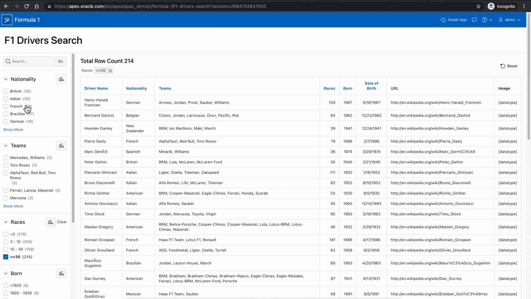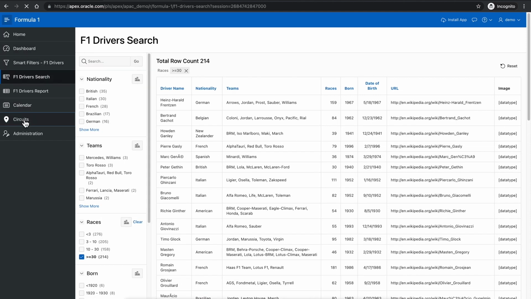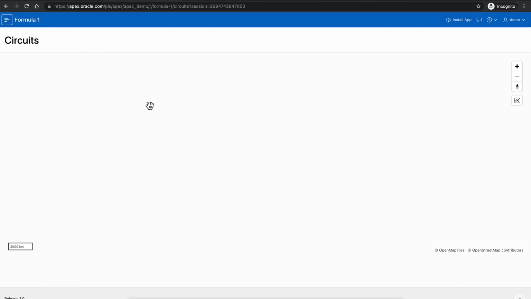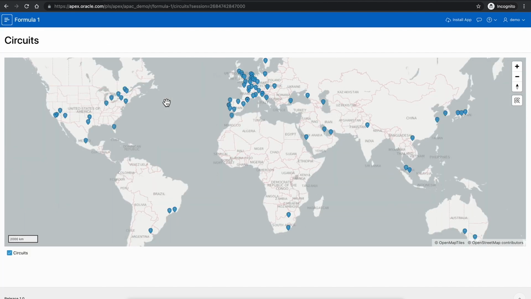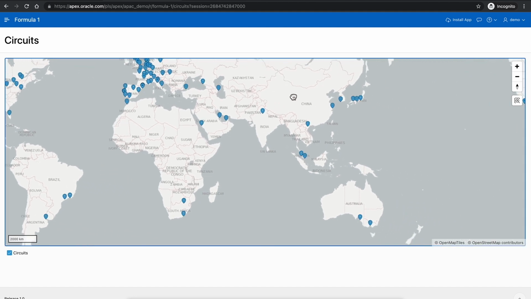Let's look at a map page. You don't have to buy any extra service to display a map in an APEX application. Everything is provided and available for you. You simply need to provide spatial data to display the marker points, for example. This region is using the circuits table and latitude and longitude information to display the Formula One race circuits using the markers. As you can see, most of them are concentrated in Europe, but if you pan over to the Asia Pacific region,